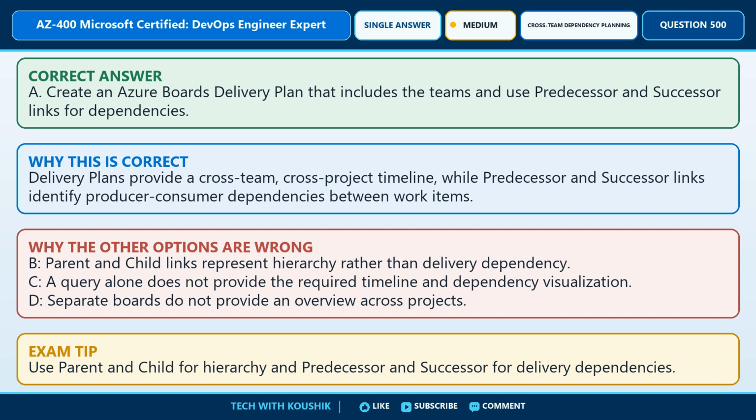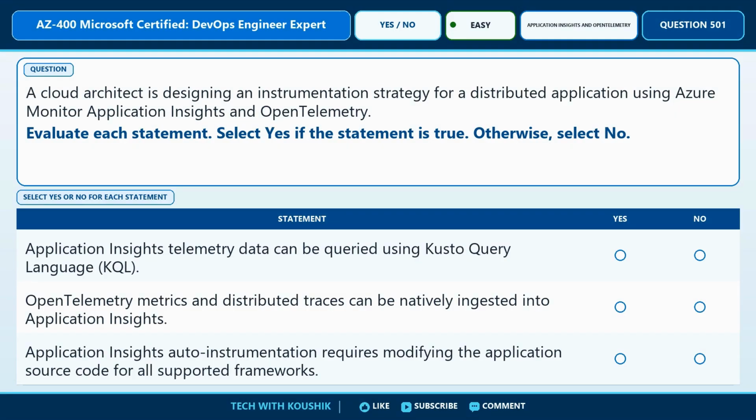B. Parent and child links represent hierarchy rather than delivery dependency. C. A query alone does not provide the required timeline and dependency visualization. D. Separate boards do not provide an overview across projects. Exam tip. Use parent and child for hierarchy and predecessor and successor for delivery dependencies. Question number 501. Scenario. A cloud architect is designing an instrumentation strategy for a distributed application using Azure Monitor Application